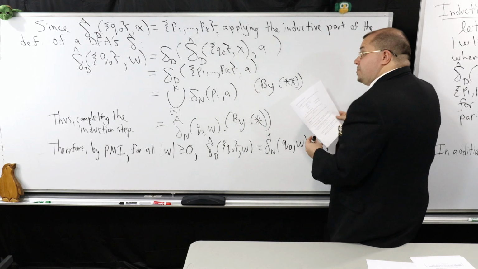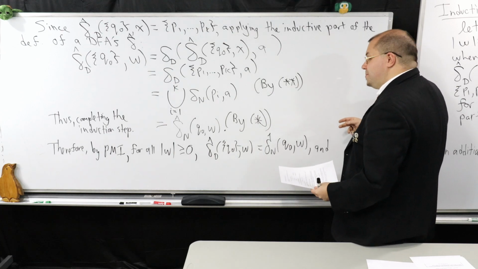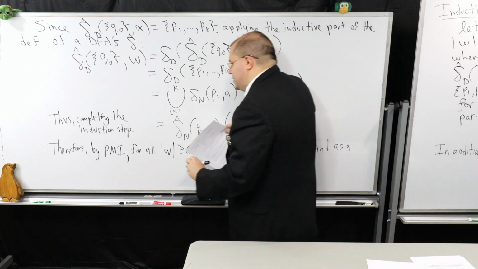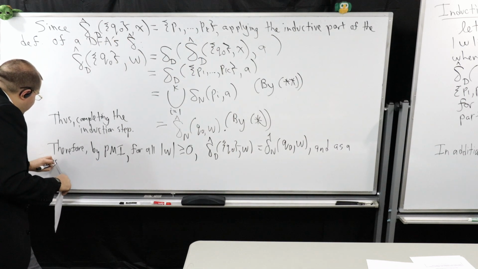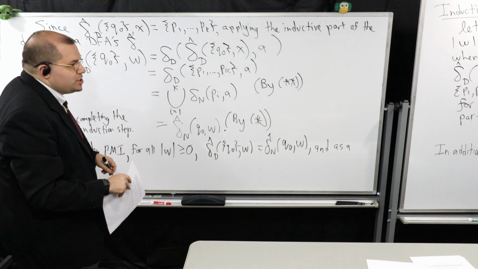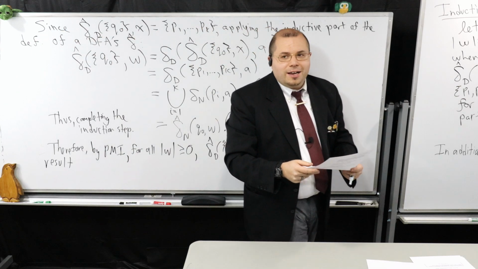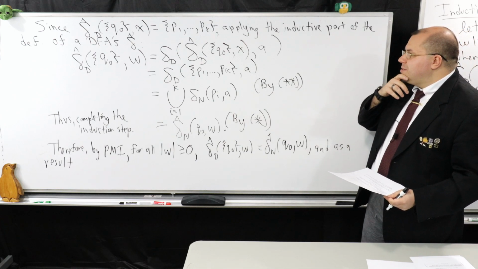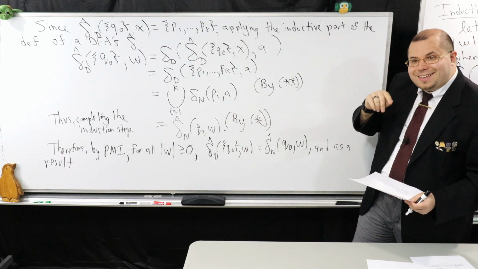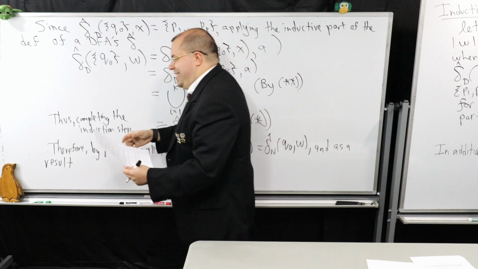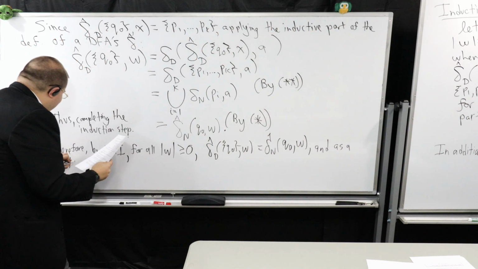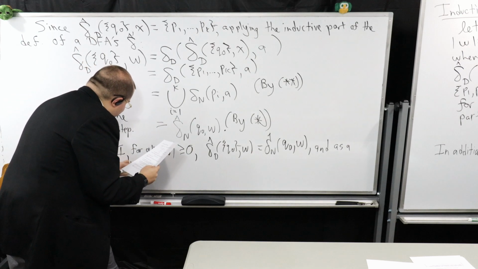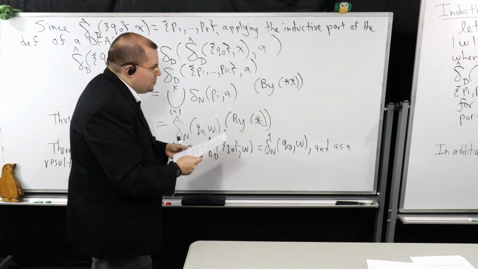And what does that mean? What does that mean, everybody? And as a result, what can I say about the languages that both machines recognize? They're the same. Exactly. The chat and the voice got everything, right? This is perfect. As a result, L of D is equal to L of N. And we're done. Boom. Proven.